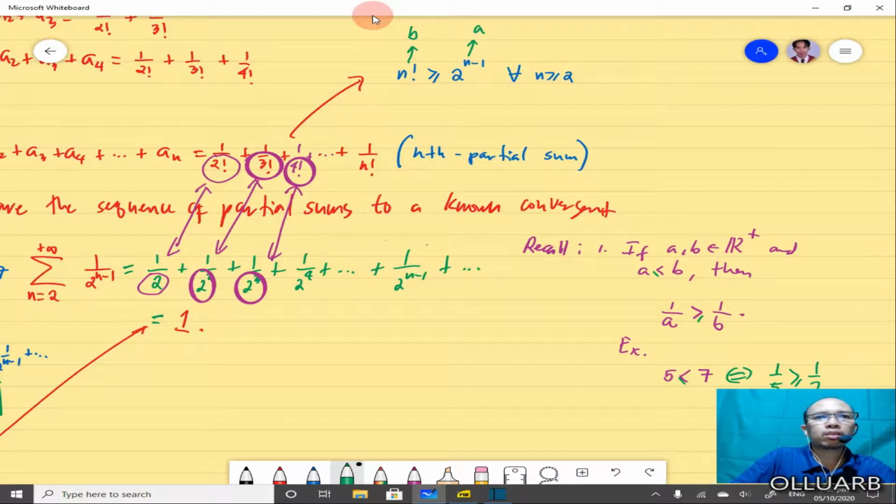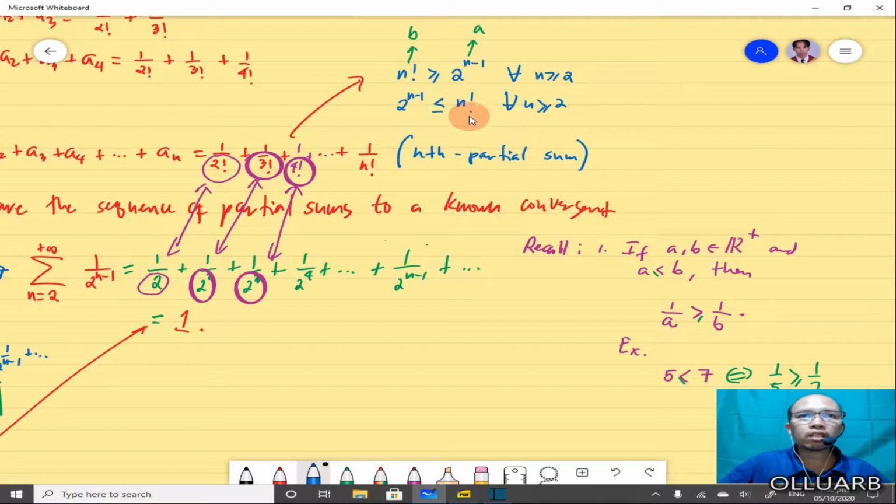This is 2 to the, we can write it this way so that it will become similar to this notation. 2 to the n minus 1 is less than or equal to n factorial for all n greater than or equal to 2. And this is our B, this is our A. So this implies